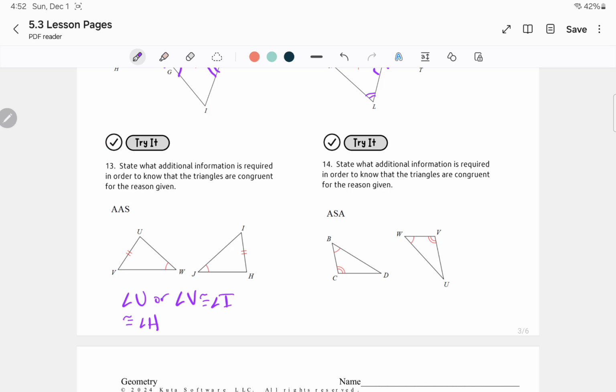And then now for number 14, so angle, side, angle. This one's a lot more straightforward. So what is two angles with a side in between, right? The side would have to be this side in between these two angles and this side in between these two angles. So that would be side BC is congruent to, and then again, let's make sure, WV, yeah,